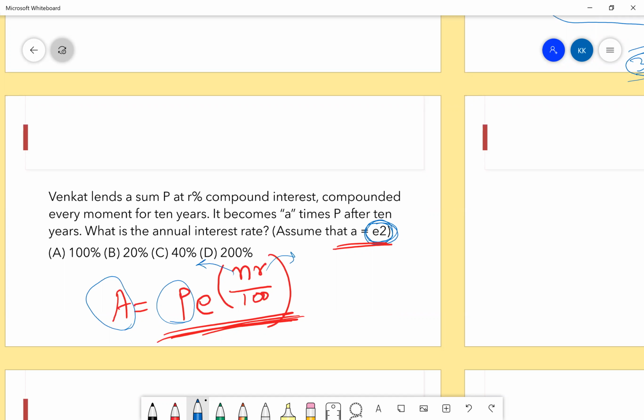Is it amount or interest? A is equal to p into, that is the interest one or the total amount one? This is amount. If you want the interest, like the compound interest part, you will have to subtract p from it.